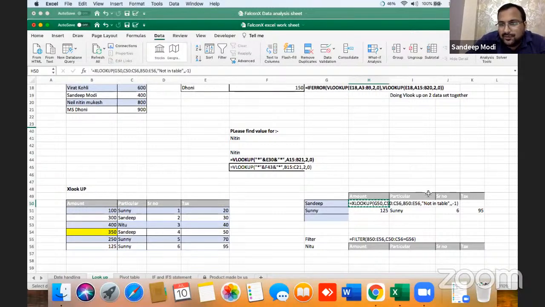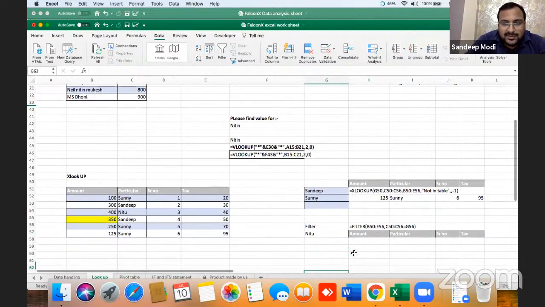This is the XLOOKUP formula. Any queries relating to XLOOKUP, you can easily ask me.